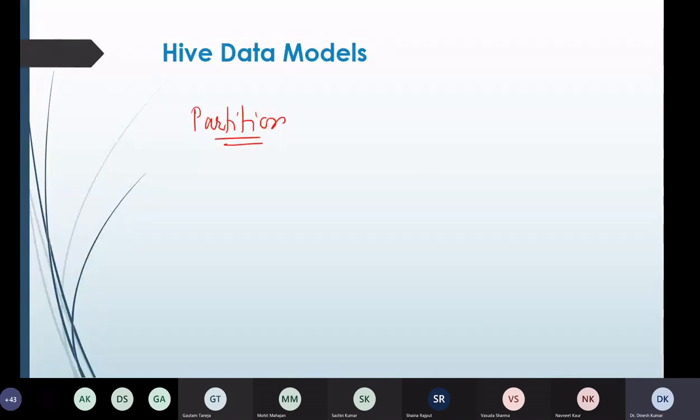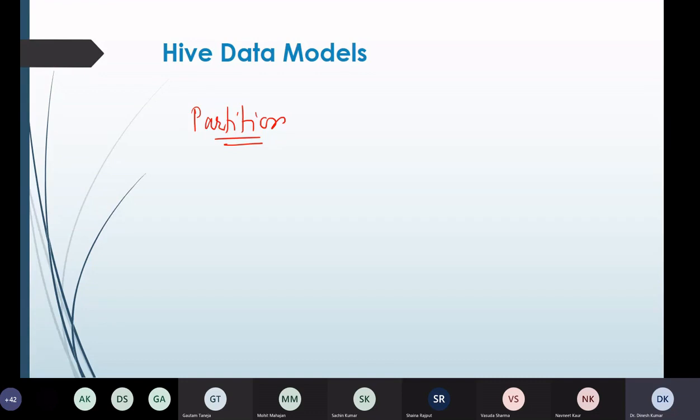Right. Now, what happens in case of Hive, because as we have discussed from the first lecture, that Hive converts SQL queries into MapReduce jobs, right, and then submits it to the cluster. Right. So when we submit a SQL query to Hive, basically Hive reads the entire data set.